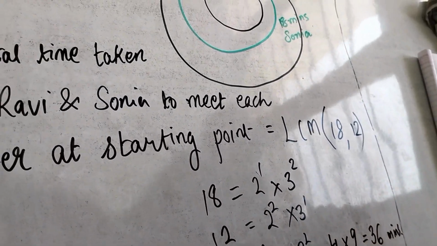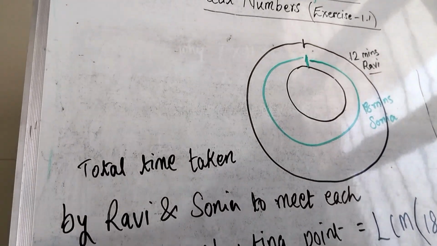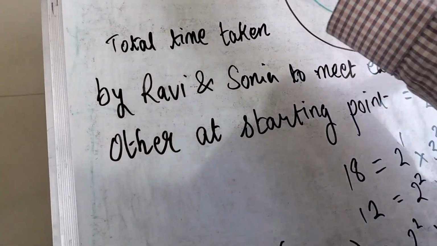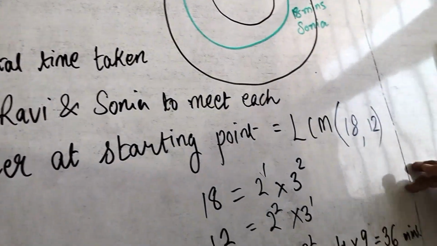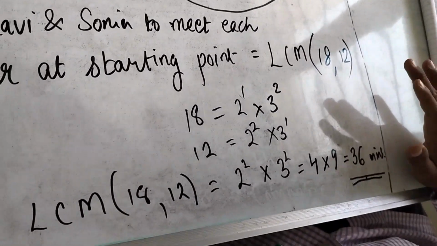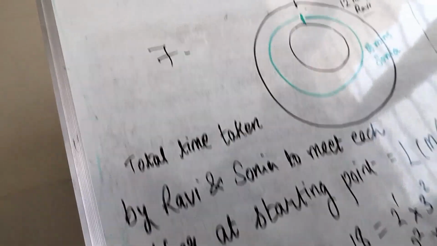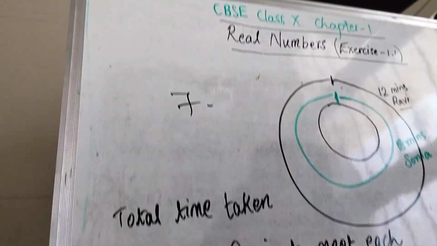This was a very simple question, but such types of questions are asked in the exam. This is the 7th question. So you are going to prepare for such types of questions. I am also going to give you 5 questions which are important types of questions which you can do on your own.